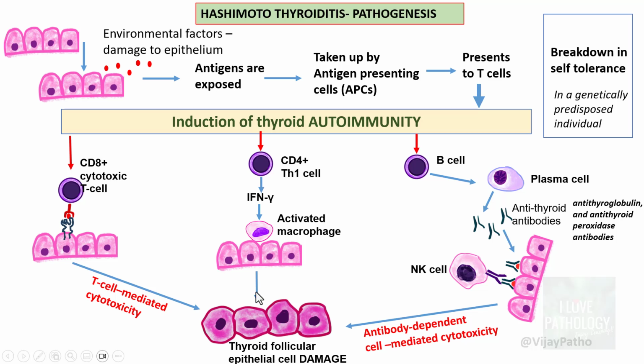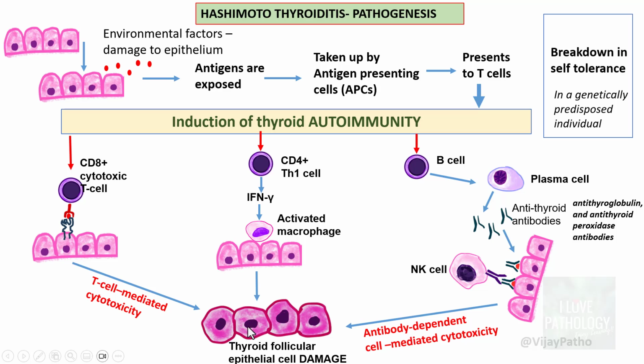Because we know normally the thyroid follicular epithelial cell synthesizes hormones, right? T3 and T4. What happens when there is destruction? The T3 and T4, initially there may be a transient rise, but then the follicular cells are destroyed, so the T3 and T4 synthesis starts coming down. So there is hypothyroidism. And to begin with, these thyroid follicular cells, because of a lot of stress by these lymphoid cells and the macrophages,